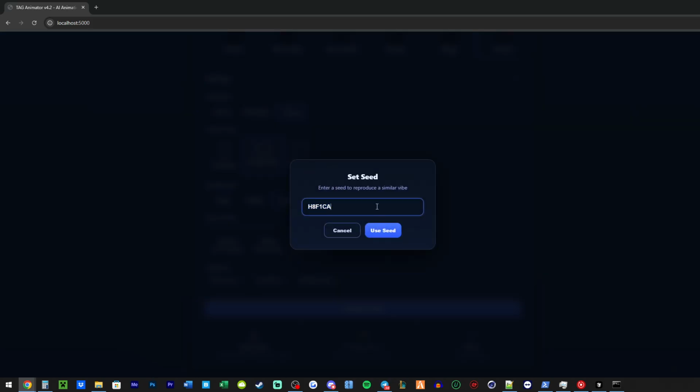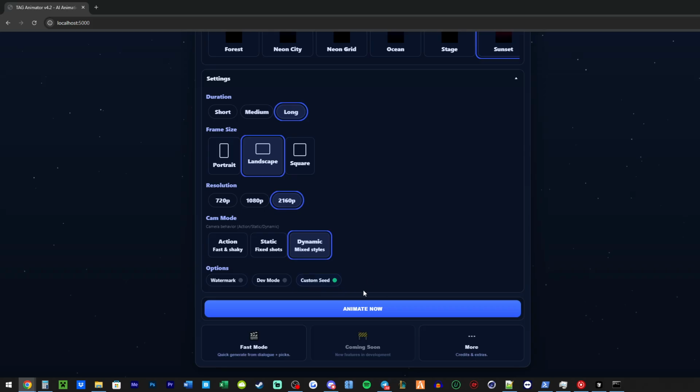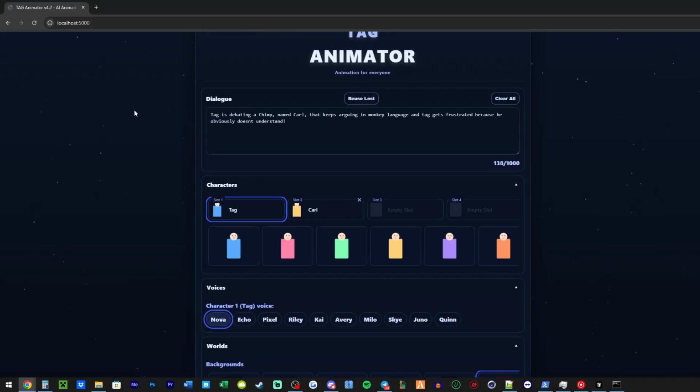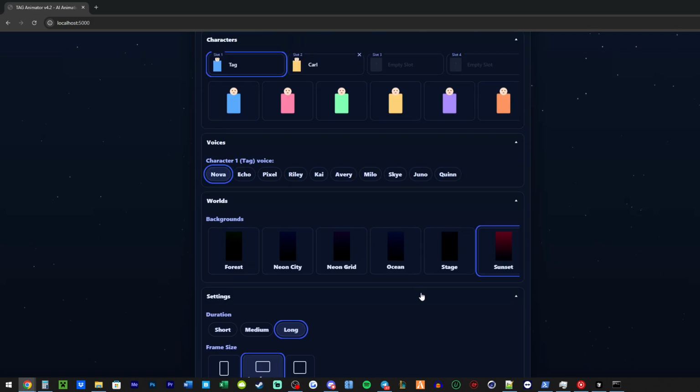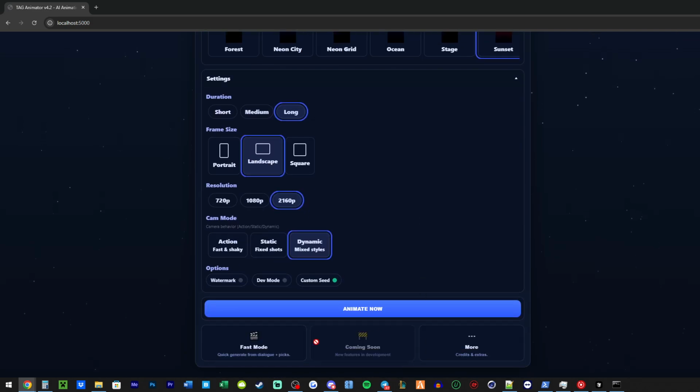But for right now, this is just a mood thing. So if I go ahead and change this, then obviously the system knows that it's a custom seed, so now it's going to use that custom seed. You have fast mode here, which is basically just this whole menu. Coming soon is going to be a custom mode to start everything from scratch in the scenes. I don't know if that's needed. A lot of people from moviebot know exactly what this is, but we'll see. Might not even need this. It might just be like this. These might not even be needed down here, to be honest.